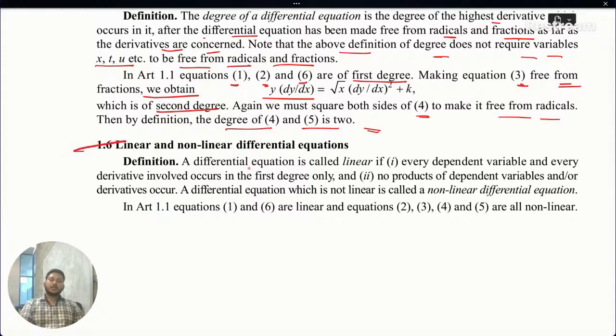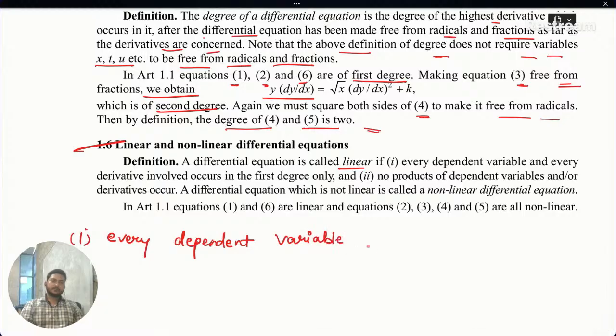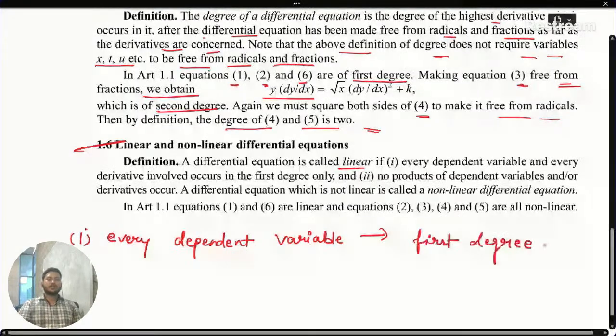A differential equation is called linear if, first, every dependent variable and every derivative involved occurs in first degree only, and second,